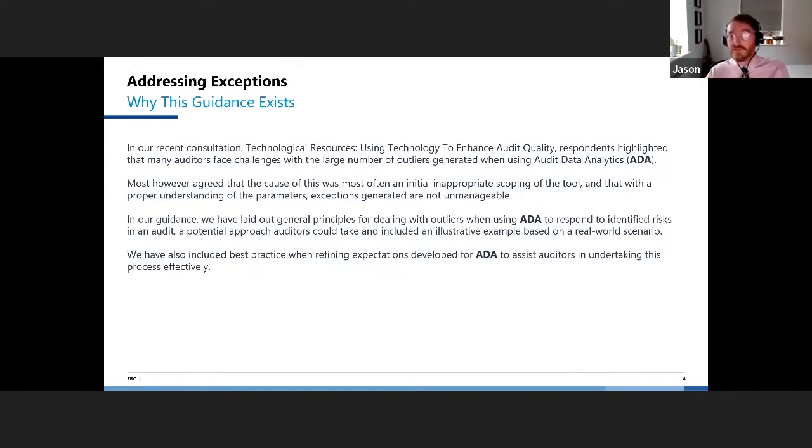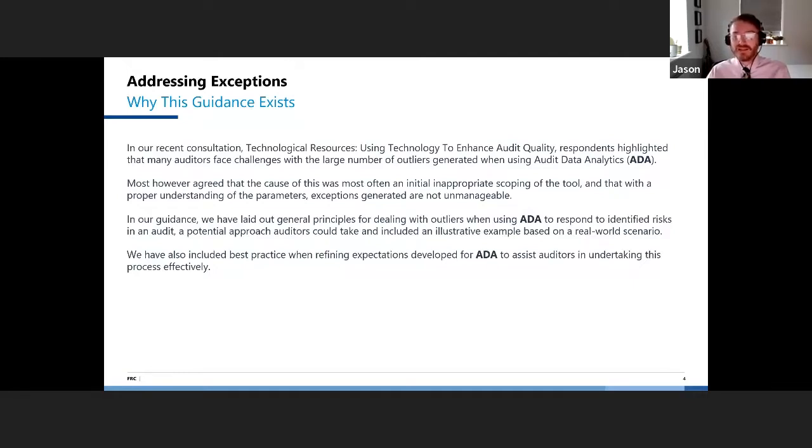Now, of course, it's conceivable there are that many errors, but in most instances, a lot of what auditors said was, well, what we feel like is when we do these analytical tools and we generate these, really, it's because maybe we've not quite understood the business correctly, or we haven't quite understood this business cycle. The problem that they were encountering then is how they dealt with and documented those exceptions in an audit file,